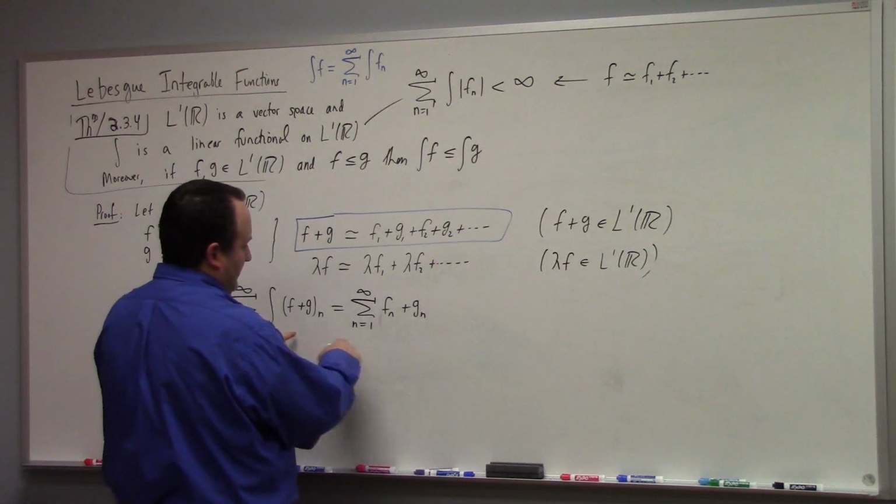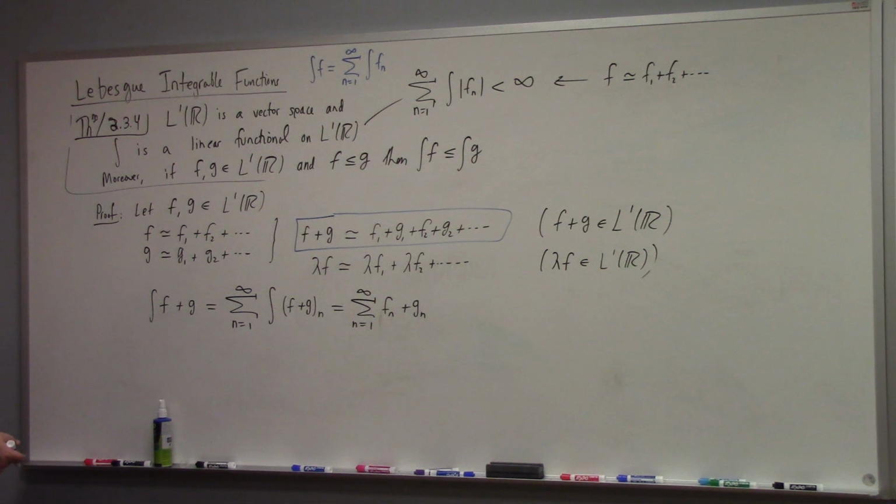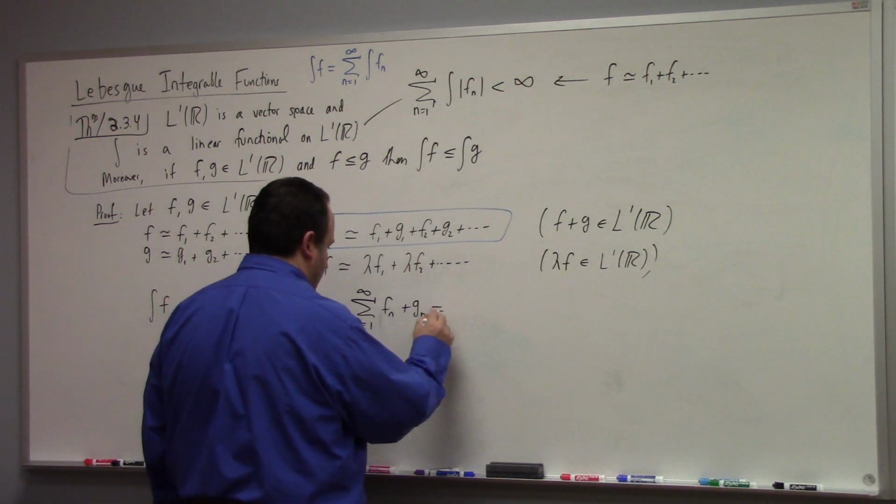This is essentially what I was arguing before in a different notation. The nth step function for f plus g is the nth step function for f plus the nth step function for g. And then this is just equal to,